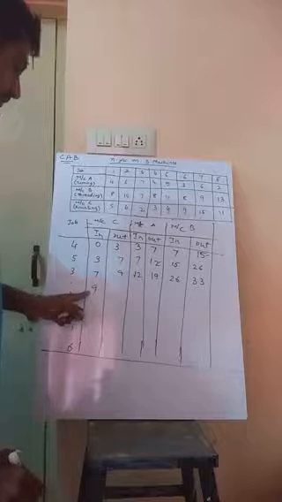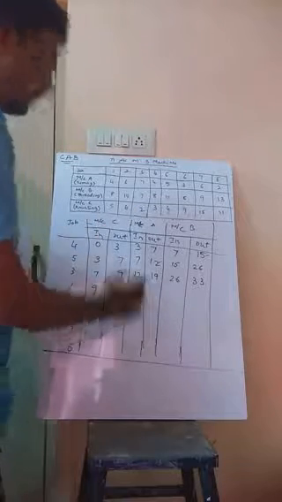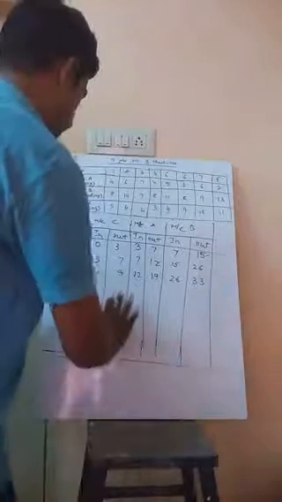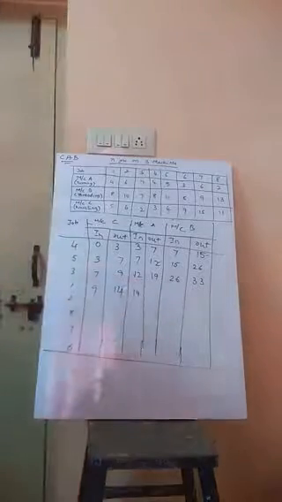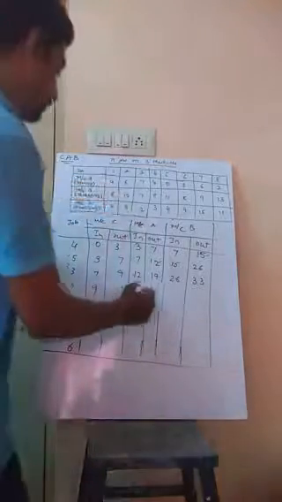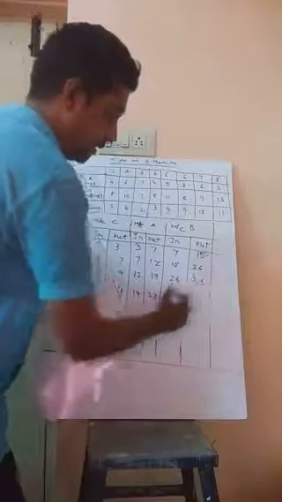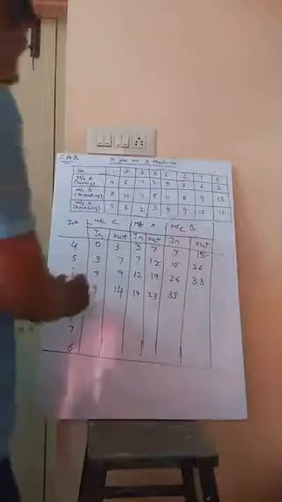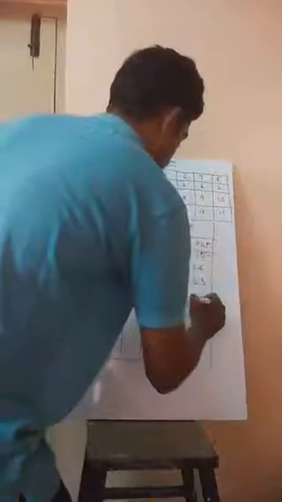Okay, 33. Here, take this value. Okay, for job 1 on machine C, it is 5. 9 plus 5, it is 14. Compare these two. Whichever is maximum, take that value. Okay, job 1 on machine A, 4. 19 plus 4, that is 23. Compare these two values. Whichever is maximum, take that one. Okay, for job 1 on machine B, 8 plus 33, it is 41.